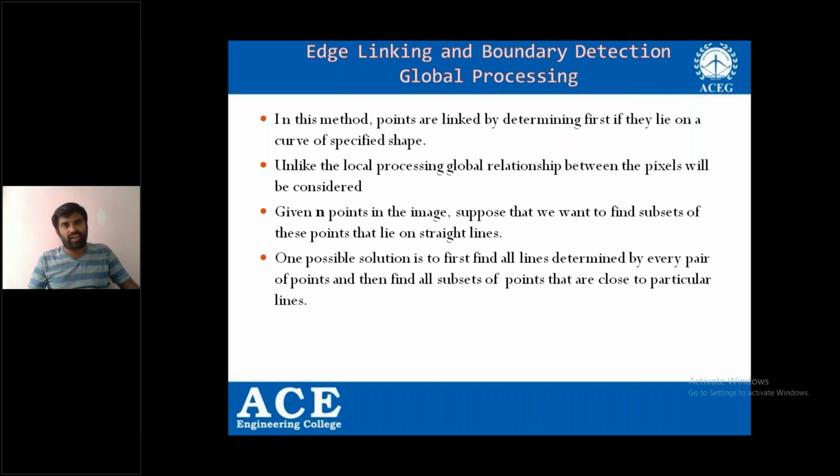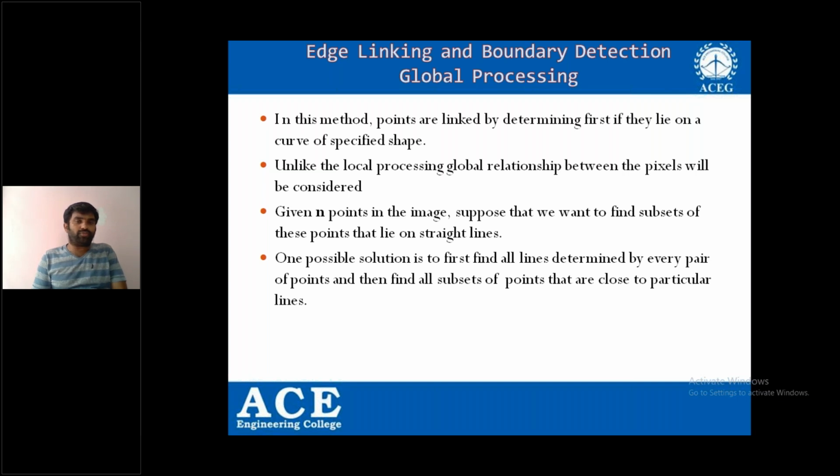And if I have n pixels, I can draw how many lines? n into n minus 1 by 2 lines, or almost n square lines I can draw, and each and every pixel must be compared with all the n square lines, and then I am going to decide whether that particular pixel belongs to that line or not, or that edge or not. And it will be a difficult process to compare all the pixels with the lines by drawing all the lines. So therefore,